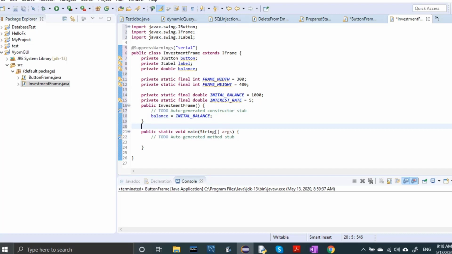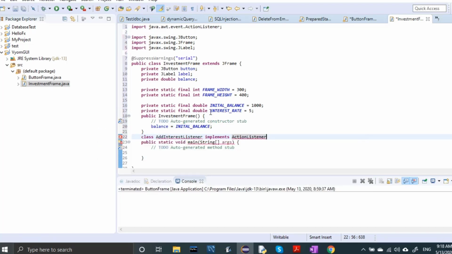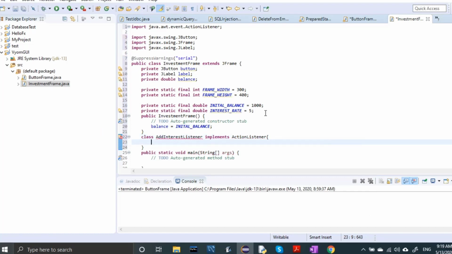Let's create the components. Let's create the inner class AddInterest, which implements ActionListener.